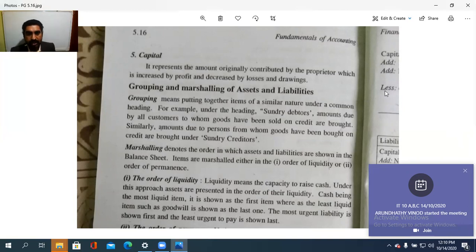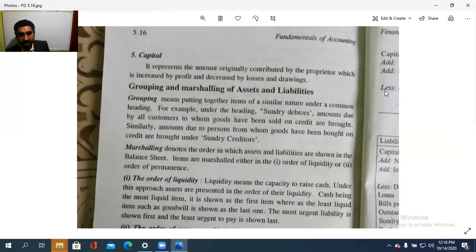Then, grouping and marshalling of assets and liabilities. Grouping means putting together the items of similar nature under a common heading. So, grouping means putting together the items of a similar nature under a common heading. For example, under the heading sundry debtors,